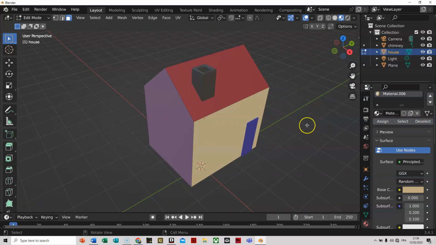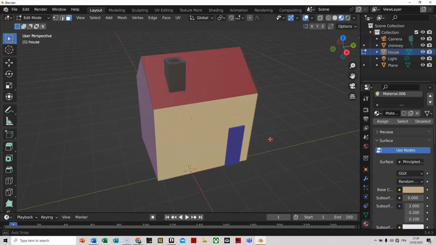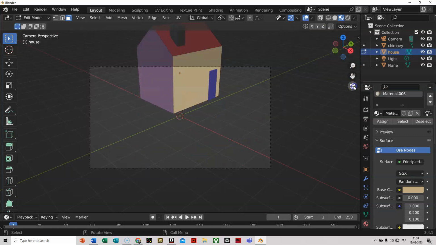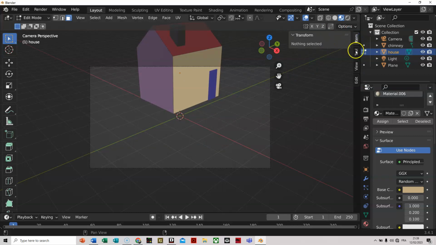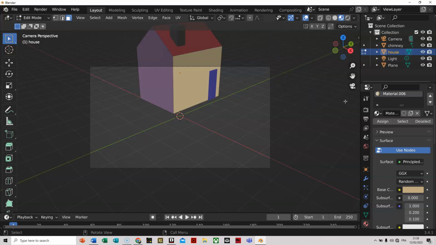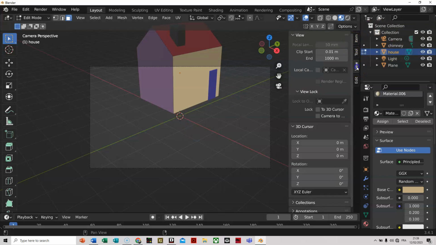Oh yes, just one more thing. How to render your project. So when you create something, of course this is not rendered, you go to the camera icon, then you click on view, and you can bring this menu by pressing N for those who like shortcuts on your keyboard, or do it simply with the icon, with the camera icon, to go back and forth between camera mode and simply edit mode. So we are now in camera mode, and I'm going to press N and then go to view,